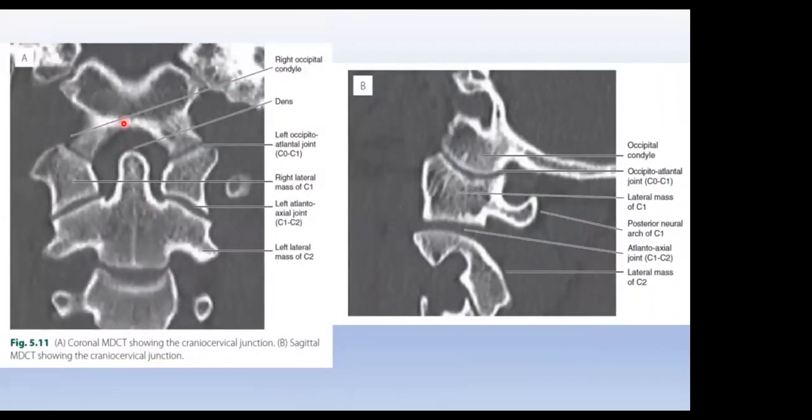In addition to that, we have the coronal CT scan. Also, we can see bilateral occipital and we have left lateral mass of C2. In sagittal CT scan, we can see occipital condyle and lateral mass of C1, between them occipito-atlantal joints and atlanto